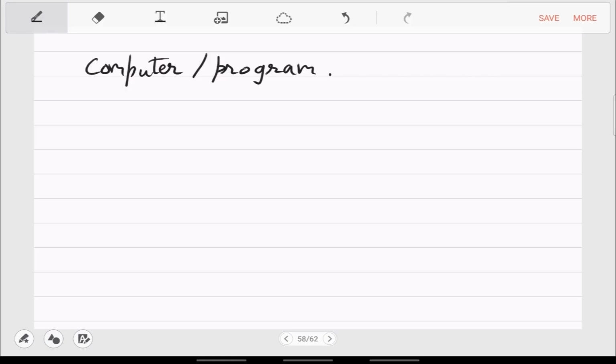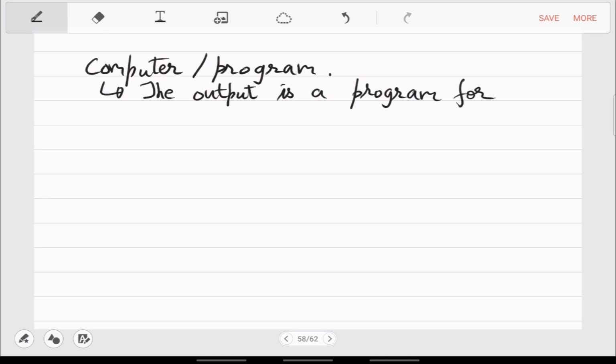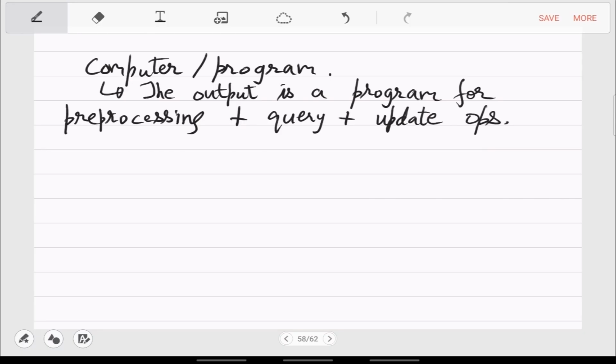So you implement all these operations which you are promising in the ADT. So the output of this step is a program, let's say a C program, for pre-processing, like we did before when we created the matrix B, and query and update operations.